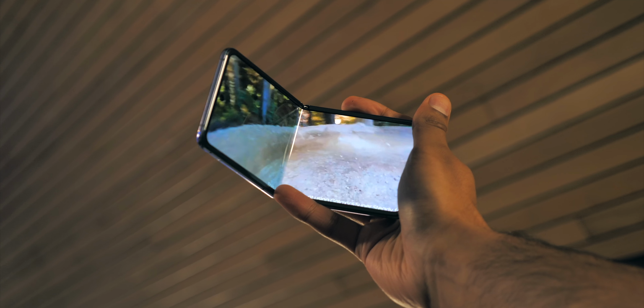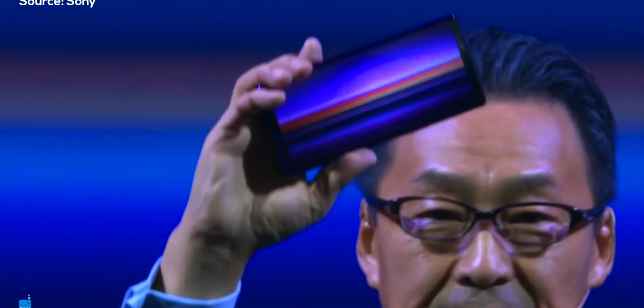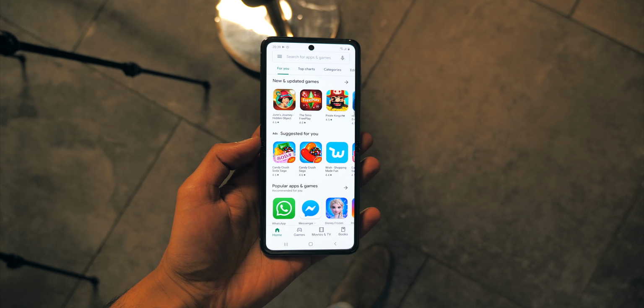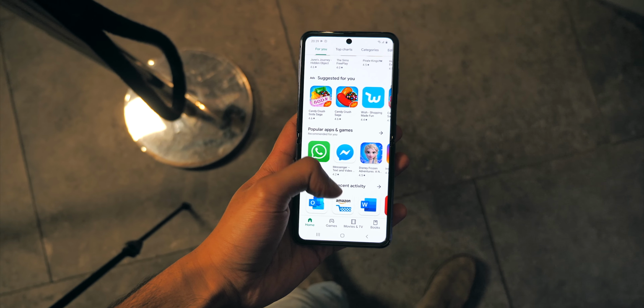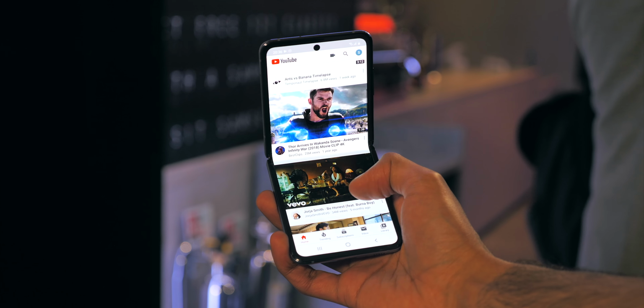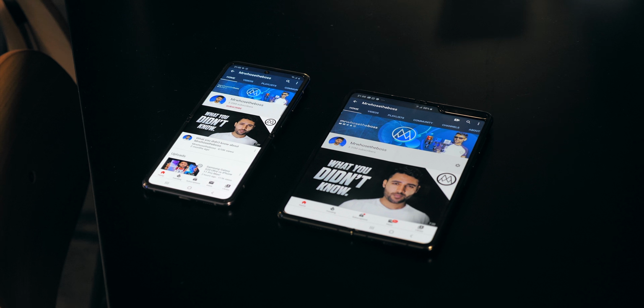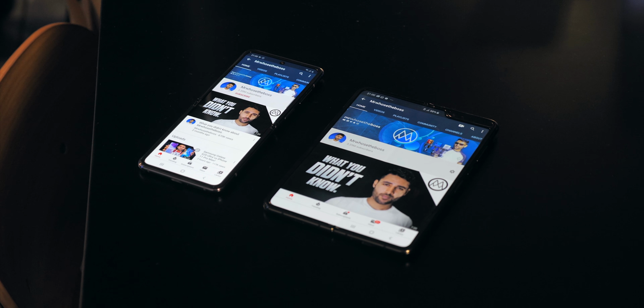And let's talk about this display for a second. Well, it is super wide. Do you remember when Sony tried to be different and launch an ultra-tall smartphone with a 21:9 aspect ratio? Well, the very nature of the flip mechanism means that we're left with an even taller 22:9 aspect ratio. Two main things to say about this. On one hand, it is a good-looking screen, and it's a definite improvement over the almost square inside display of